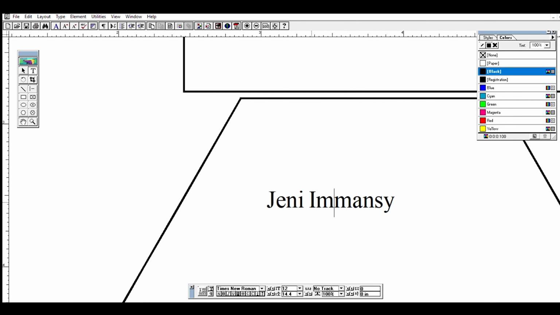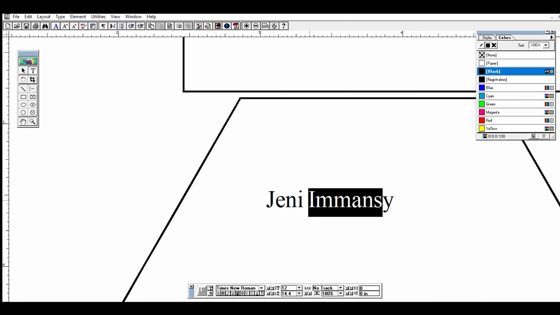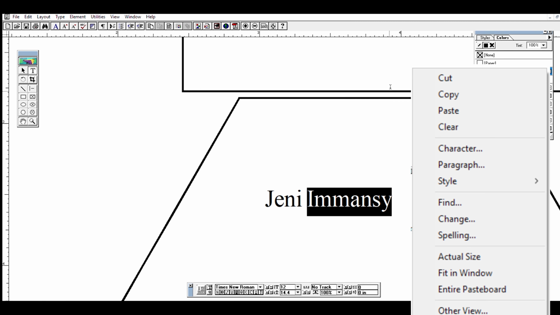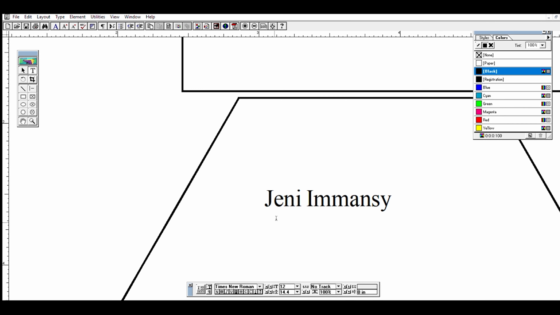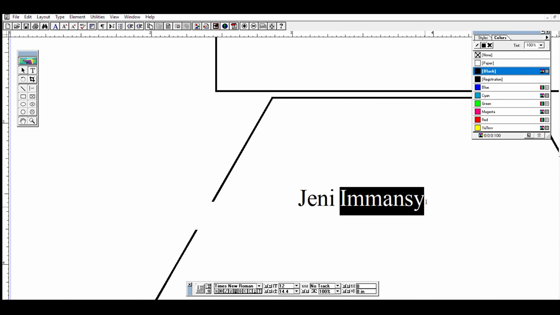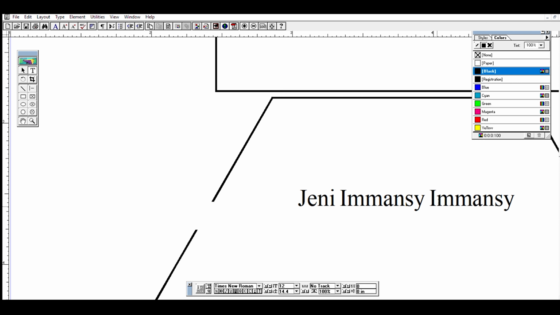The next one is copying and moving. You all know that. I just select it, right click on the mouse and you will get copy. Then click somewhere else and paste it. Understood? You got the same thing here, right? Another way is to select and use the keyboard shortcut: Ctrl C to copy, click somewhere else and Ctrl V for pasting. Understood?